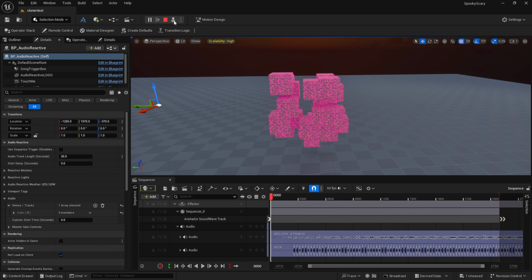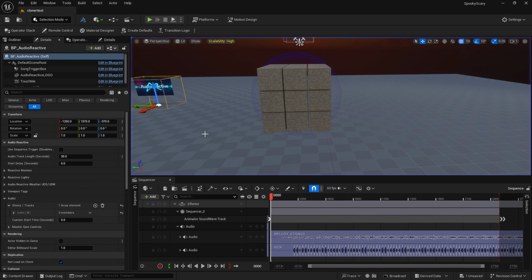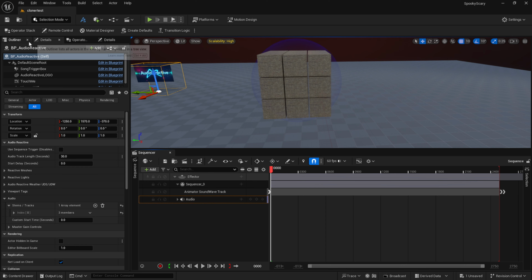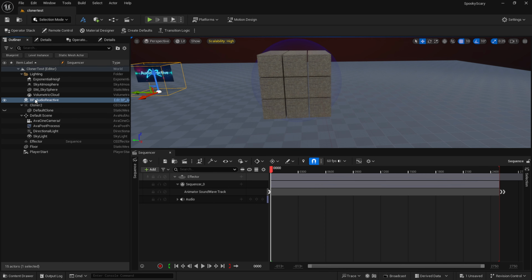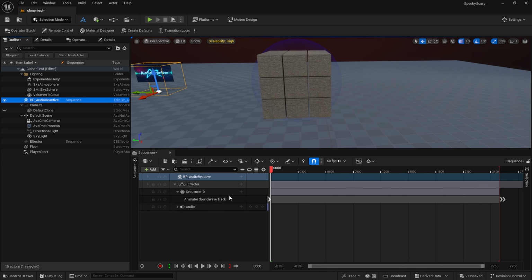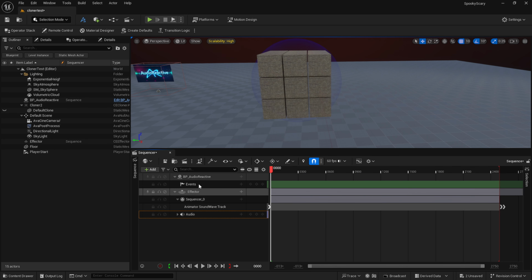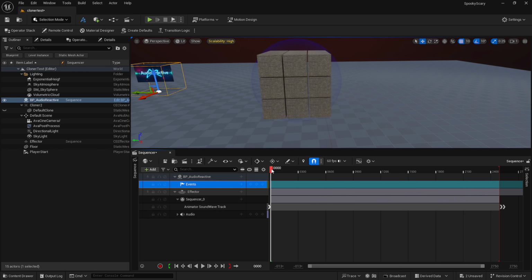Okay, so now we have the materials reacting, but we don't have the motion graphic stuff playing yet. So our last step is going to be to add the blueprint itself into the timeline. We're going to trigger off everything right here. So let's add an event trigger, and in the event trigger, I'm going to go to frame.